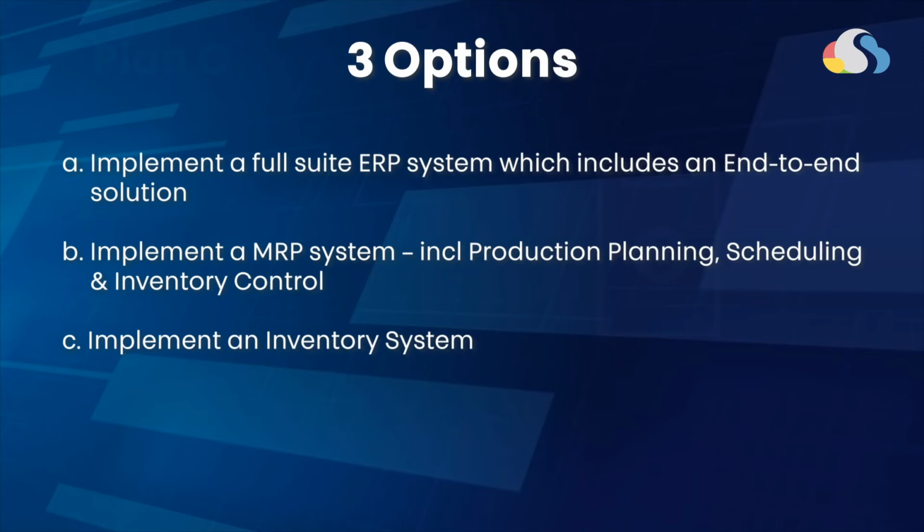Right, so the 3 options: A is to do a full suite, which is what they have in mind initially, but have major obstacles, and there is a valid reason. Because of these obstacles, then I would say pass, move on. MRP is also great, however, this will still involve some sort of production planning and scheduling. Personally, I think this is great, but I don't think they really need it yet, right? So what I'm going to suggest is option C, which is only focusing on data capture, and this is what I call following the 20-80 rule.